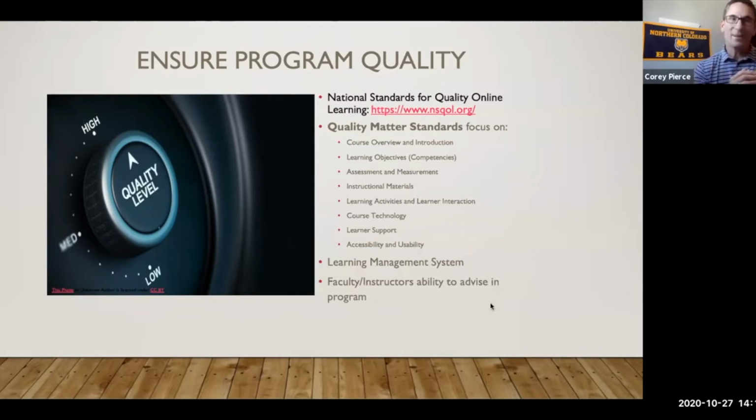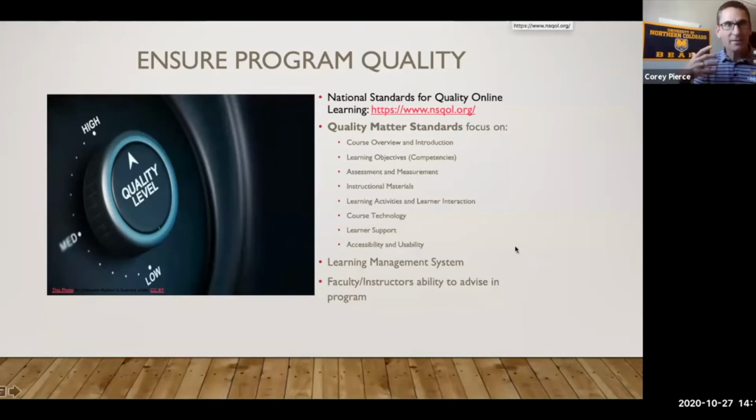What we found out going back and trying to meet Quality Matters standards for courses that are already developed is a big challenge. If you really work from the Quality Matters standards and then build your course in that design, if you have your template, that common template we talked about, build that based on Quality Matters standards, it's going to be a better class, right? The students are going to come in, they're going to understand the class better. The learning objectives are going to smack them in the face.